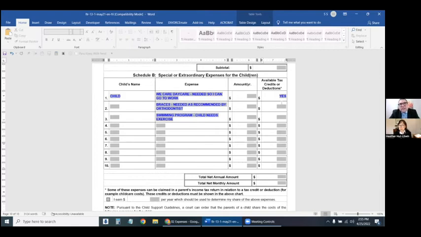A subsidy is very easy because it's usually on the paper where the expense is. A subsidy is another word for a discount. So if you go to a dentist and they give you a discount, then we would need to know that. More complicated are tax deductions or tax credits, and most common.